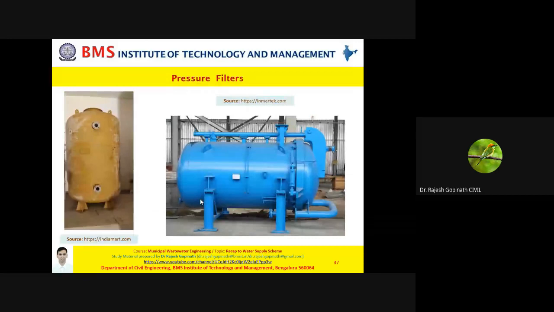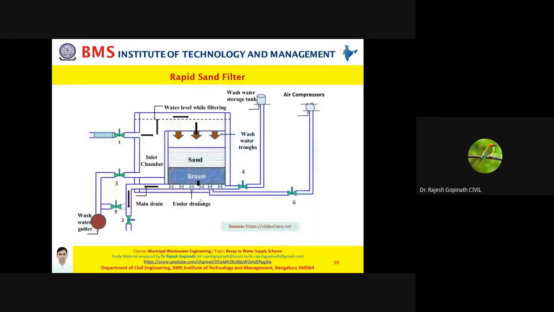This is a pressure filter. You can see both horizontal and vertical. And this is a rapid sand filter. If you remember, you had learned why these filters are so called, the construction aspects, the design aspects, the working aspects. Now, if I would like to put it in a simple line, when the rate of filtration is very slow, it is slow sand filters. When the rate of filtration is very high, it is rapid sand filters. But when the rate of filtration is extremely high, then it is pressure.